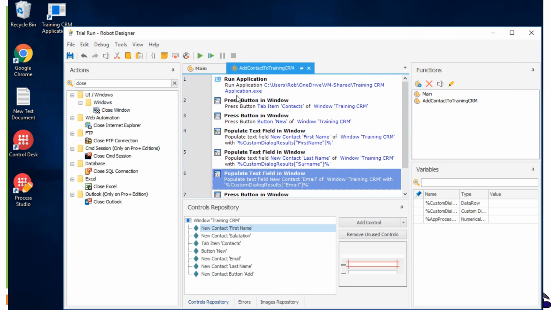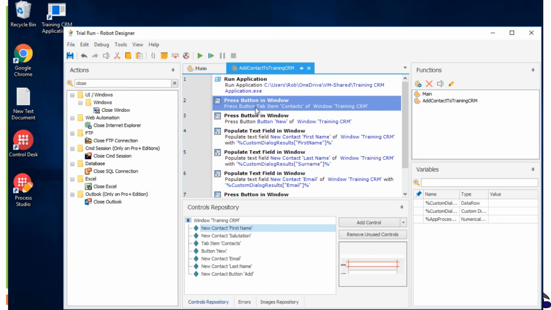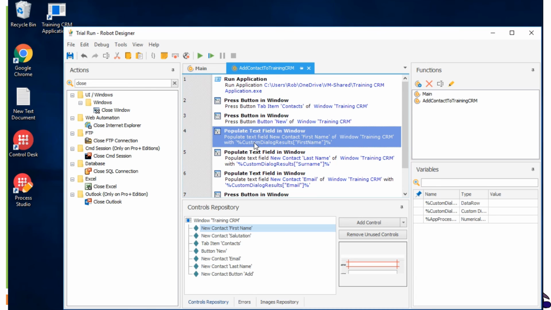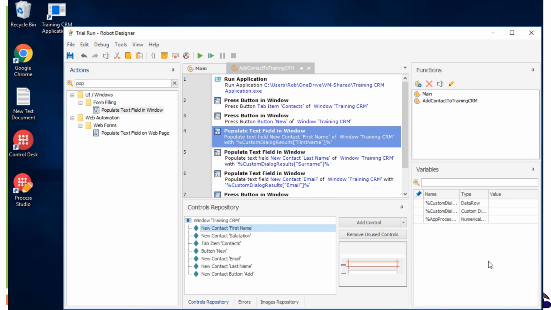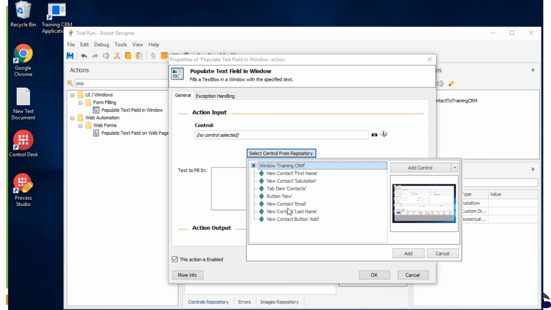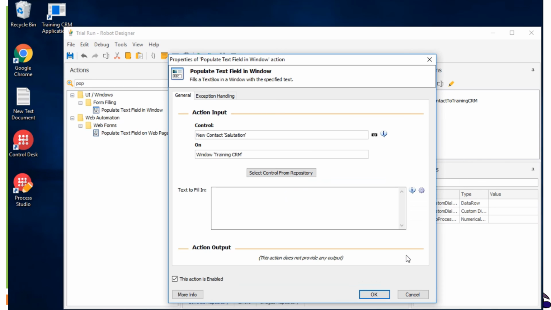So if we look at the code here, I run the application, I press the contacts button, I press the new button, and then the first populate field, text field I did was first name. So I need another one of those. And this time I'm going to drag it in above the first name. So there we go, salutation, okay,